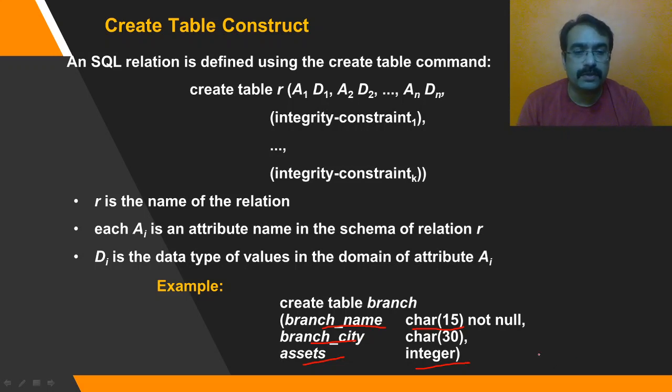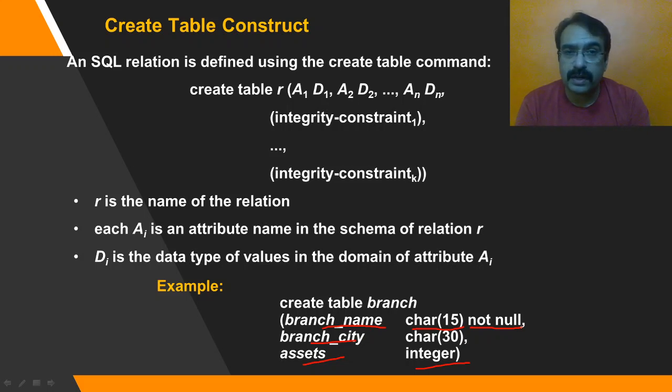One thing which you can observe here is this particular term, not null. Here I am expecting that branch name should never be null. In other words, I am considering that branch name is the primary key of this particular table, because a primary key can never be null. It is not necessary that every time you mention not null, that item will be the primary key. But in this case, I can assume that branch name is the primary key. Are you understanding me? This way I can define or use a create table construct.